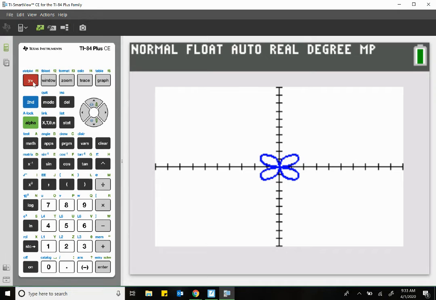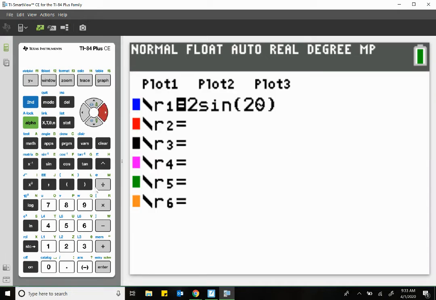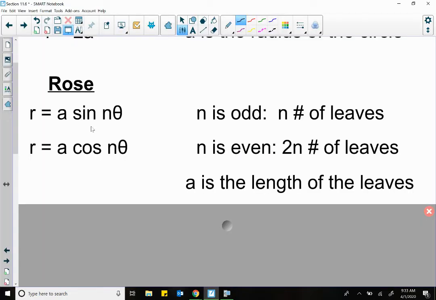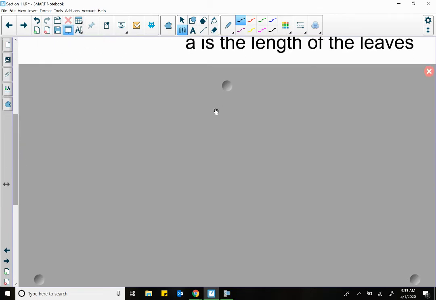And the same thing if I convert that to an odd. See, my first leaf is in the first quadrant. Okay? So that's kind of the big difference between these. When you're dealing with sine, you will start off of the x-axis when it designs it. So you should see a leaf in the first quadrant. When you have cosine, it starts on the positive side of the x-axis. Okay. The next one is called the